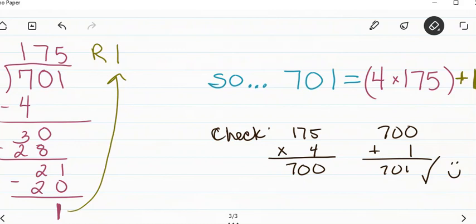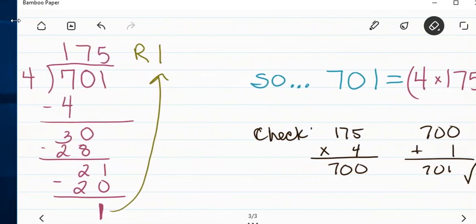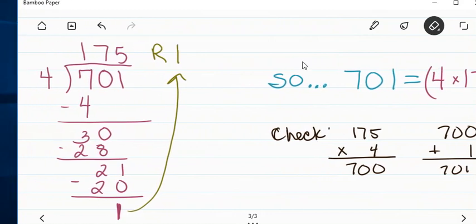Notice, oh, I apologize that this looks like it's going off the screen just a little bit, so let me adjust that. If I did long division, 701 divided by 4, I'd get the 175, and then I'm going to have a remainder of 1. So how could I get that using a calculator? Well, I could take the